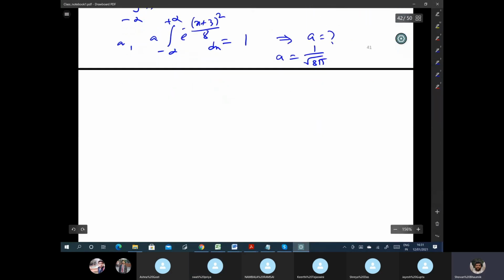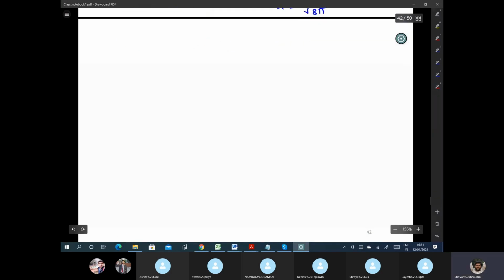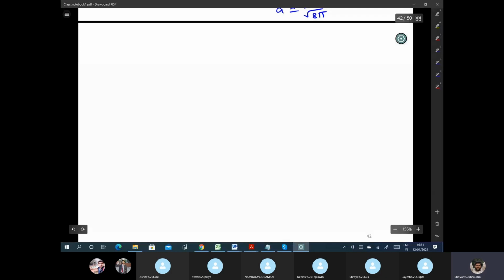So now maybe the popular example of a continuous PDF is the Gaussian random variable, right? This we will revisit again and again. For the time being, we are visiting it for a single random variable. Then gradually we will go for multiple random variables, and we will revisit more and more times. So for a single random variable x,